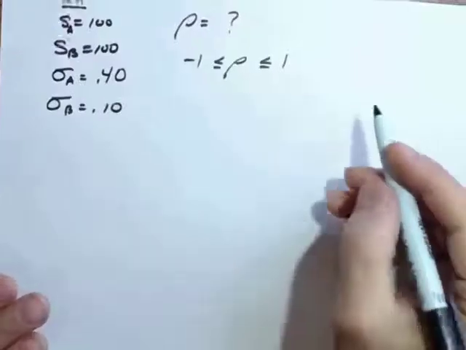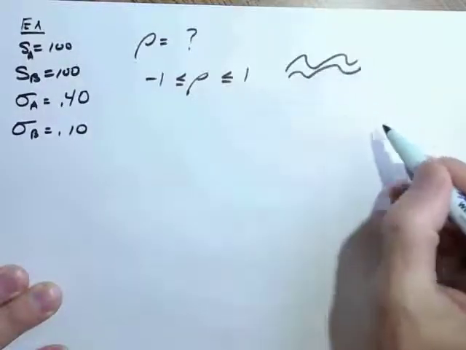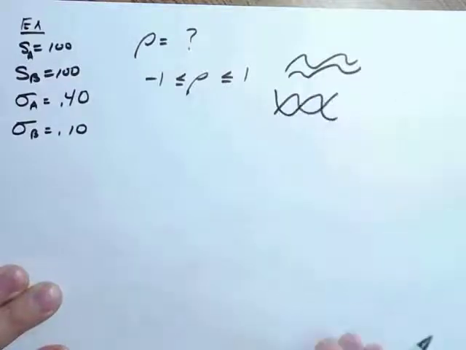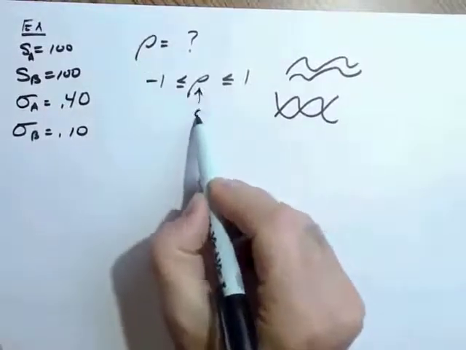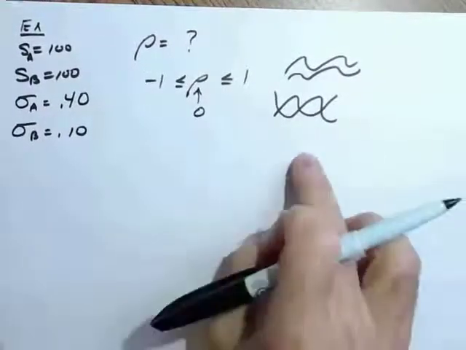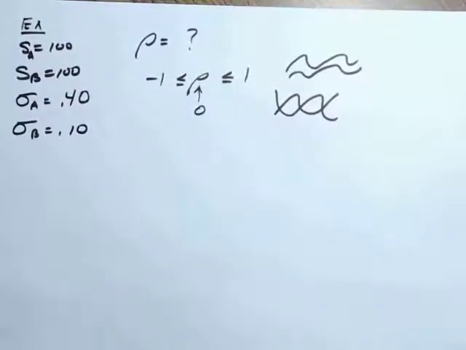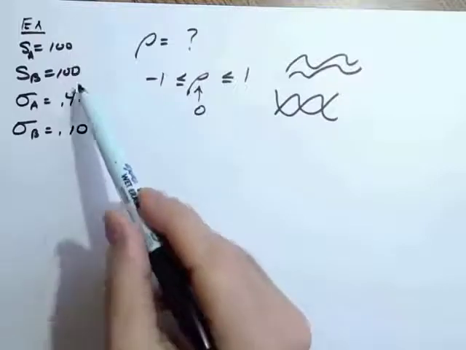Remember, stocks that are perfectly correlated move like this, in sync with each other. Stocks that are negatively correlated move opposite of each other. And if you have a correlation of 0, the two securities are basically independent of each other. So it turns out that if we have to model the relative nature of these securities,